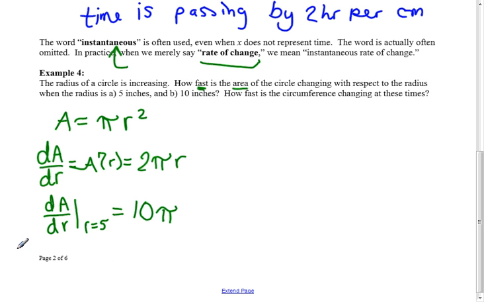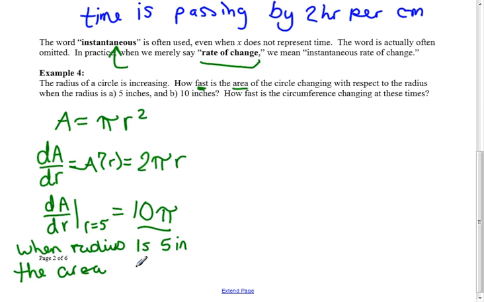Alright, so we could say when the radius is 5 inches, sorry, stuck on that centimeters of rain. When the radius is 5 inches, the area is, how's it changing? Well, it's positive, so it's increasing. The area is increasing